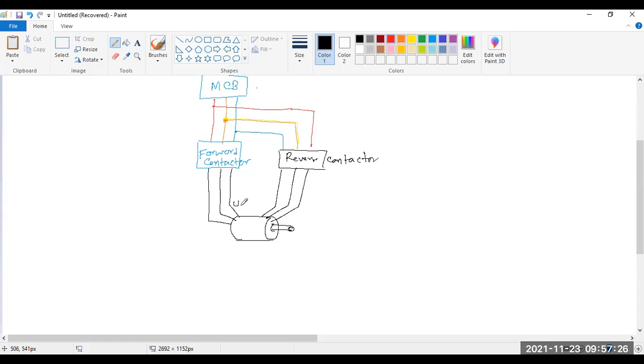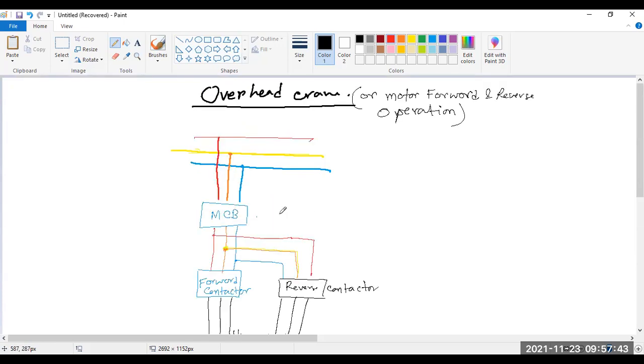This is your U1, this is your V1, and this is your W1. But here it is W1, sorry, W2, that is your V1, V2, and U2. It will just be reverse. This is forward, this is reverse, this is your stop. So it will go into the